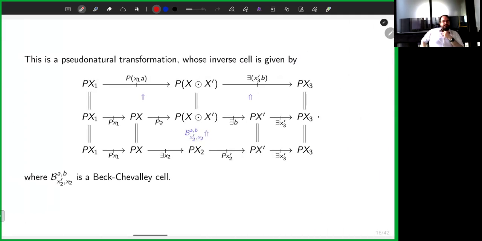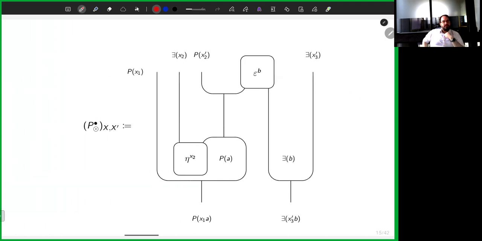Now, sorry, one sec. So that's like giving the lax structure for a monoidal structure. Is it right? And the point is these are invertible. So the P dot blank, these are the components of P dot circle at X, X prime. P dot circle is a pseudo-natural transformation. And the inverse to this thing